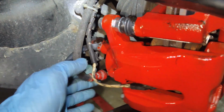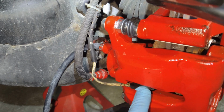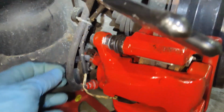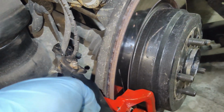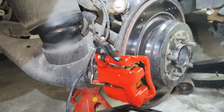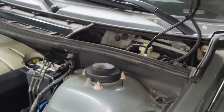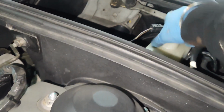Hydraulic line attached. The banjo bolt is fully tight. Our wear sensor wire pushed back into the pad here. Now at this time we can go ahead and release the line lock. What we have left to do is to bleed this caliper. To bleed the air out of the system, we'll go ahead